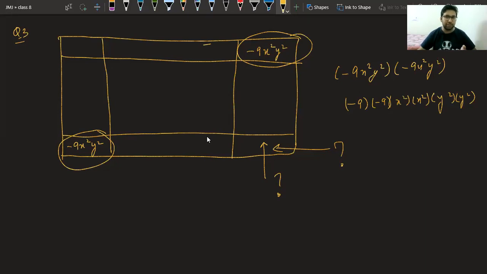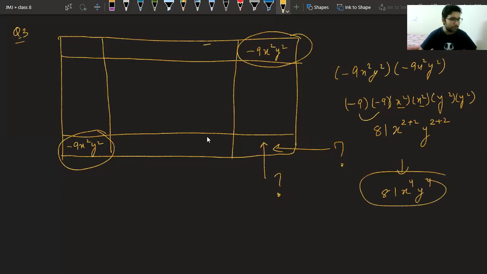Shreya, please see. Others are giving the correct answer. All of you, Rachit, Joel, all of you are giving the correct answer. Shreya, you are making a mistake. Please check. 9 9s are 81. Two negatives are there. It becomes positive. X square, when the base is same, Shreya, when the base is same, power gets added. Power gets 2 plus 2. And here also the base is same, power will get added, 2 plus 2. And the answer will become 81 x power 4 y power 4. That's it. Yes, Smriddhi, you are correct.